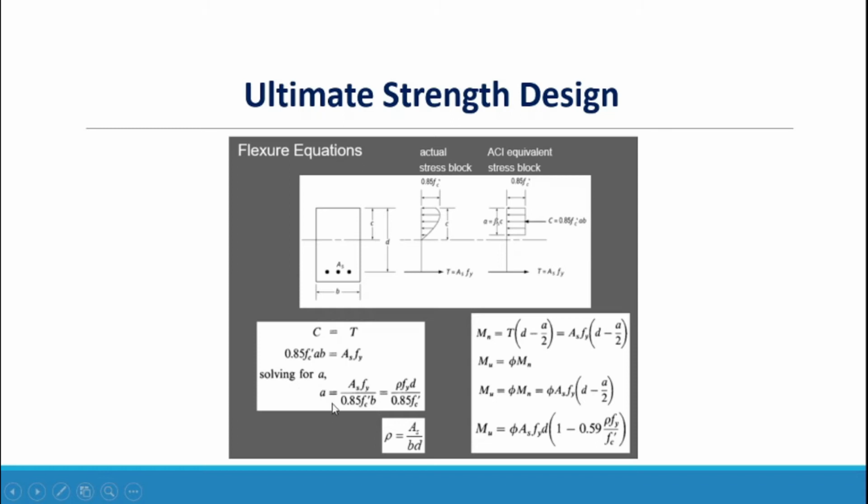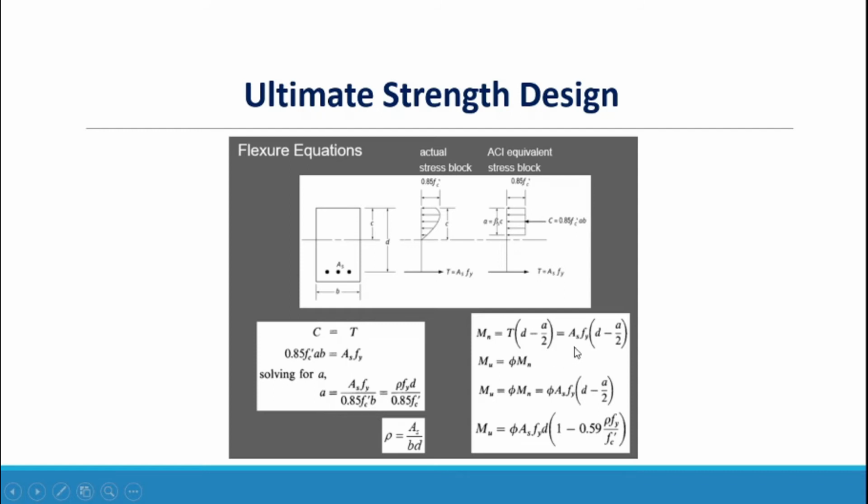Solving for a, we can find the value for a, which is equivalent to A sub s F sub y all over 0.85 fc prime b, and equate that to rho Fy times d divided by 0.85 fc prime. And for the value for rho, the reinforcement ratio, it is equivalent to steel area all over b times d. And for the nominal flexure strength, it is equivalent to T times open parenthesis d minus a over 2 close